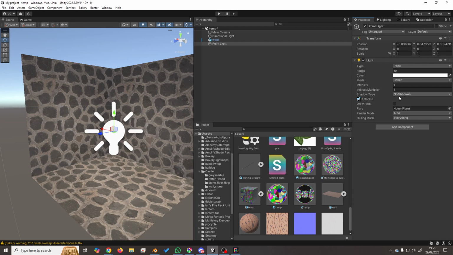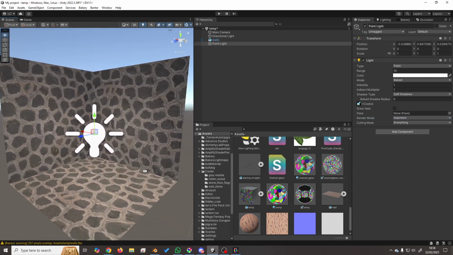And you'll also start seeing lights flashing on and off because there's a limit to how many you can have in the world. With baked lighting, it's done before you even load the world up. It's just a big image with all the shadows and stuff baked into it, overlaid across everything, and it's much, much more performant. So we're going to change it to baked, change this to soft shadows, and it's a good practice to also change this to important as well,